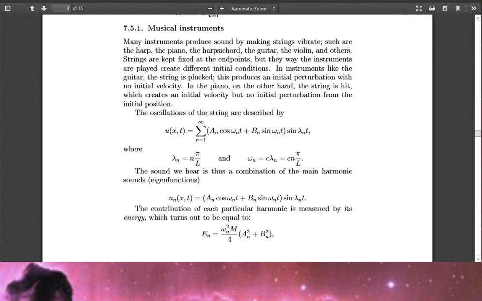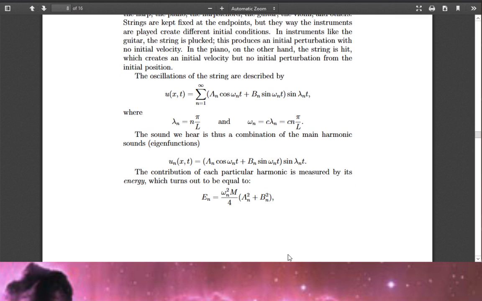Remember I was talking about eigenvalues? That has to do with certain levels of harmonics. So you've got to add those harmonics to create that sound. The contribution of each particular harmonic is measured by its energy, which turns out to be equal to